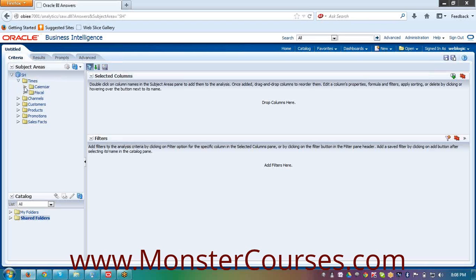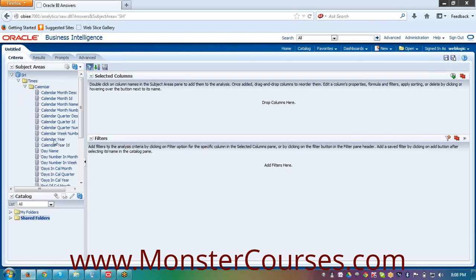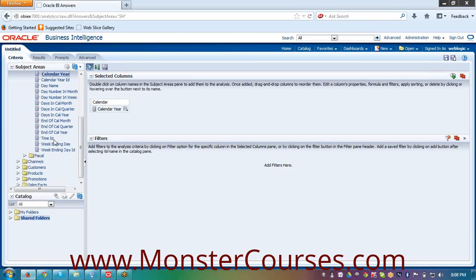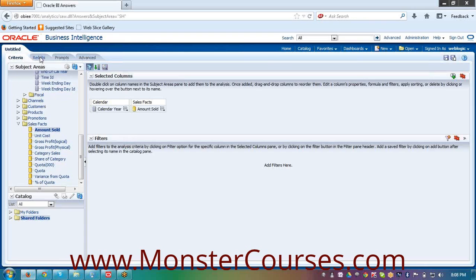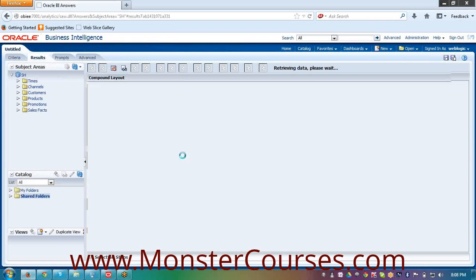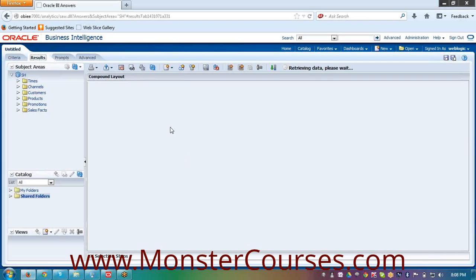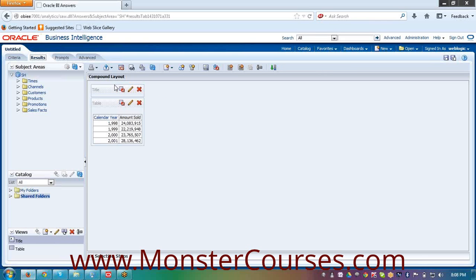So what I do now is go to calendar here and go to sales, amount sold. When I do that, I click on results, I get a report. This is the default report format layout, which is called the compound layout. Now what is this compound layout?